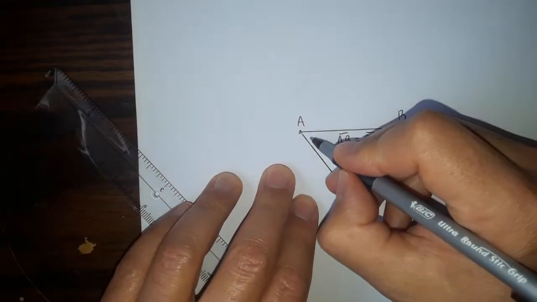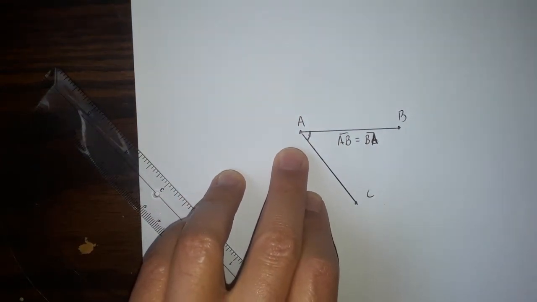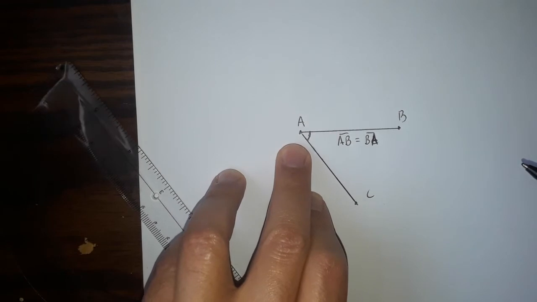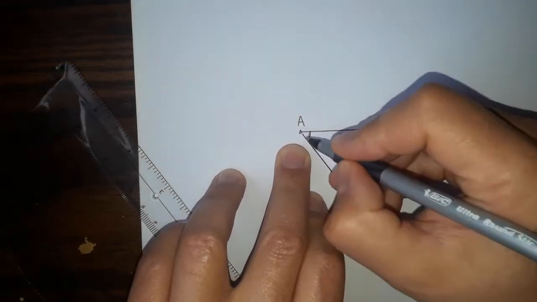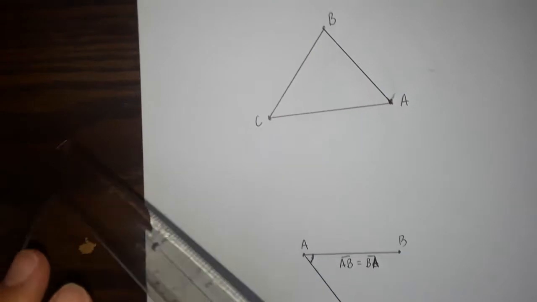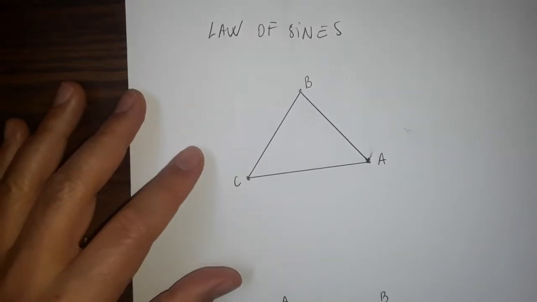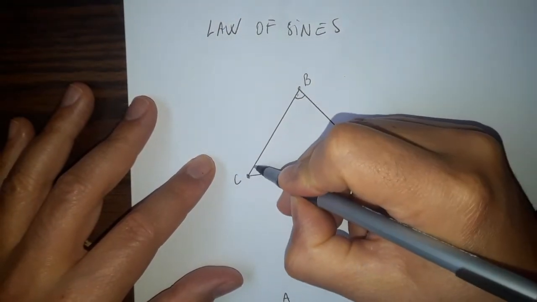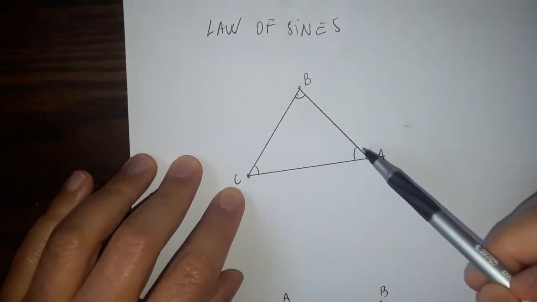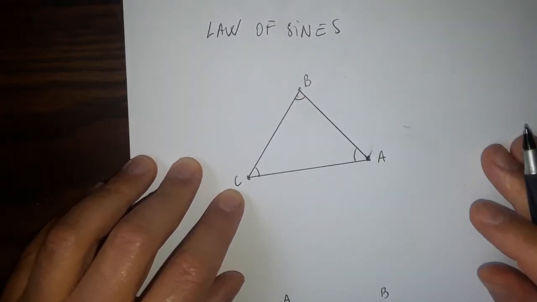Now, this angle here, the way we can name this angle, we learned in geometry that there are many ways to name it. The easiest one would be to call it angle A, the same name as the point. So in this example, A, B, C represent the values of the angles. So that would be angle B, this would be angle C, this would be angle A, correct? Now, even though this side here we would call AB, using the same notation we have just talked about,